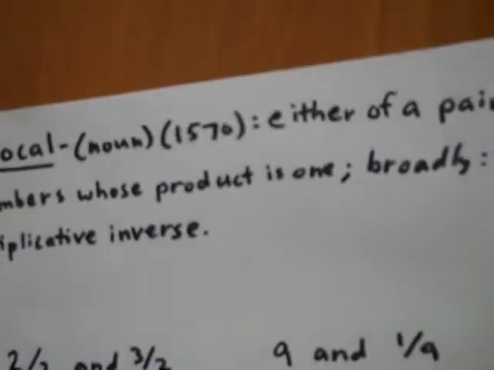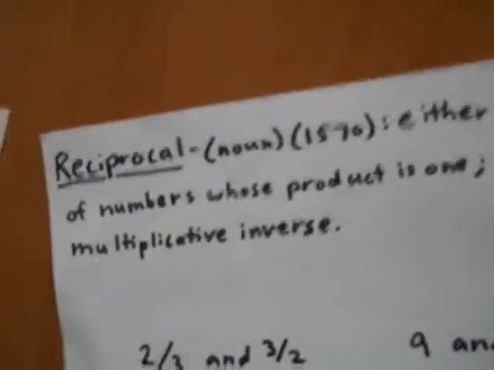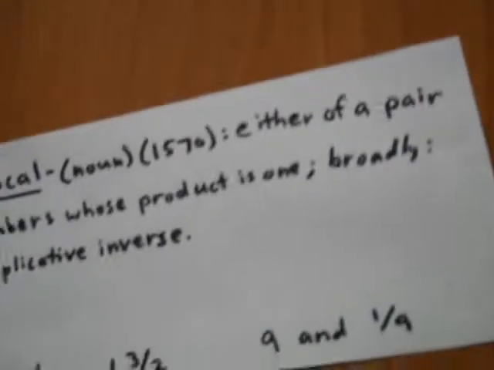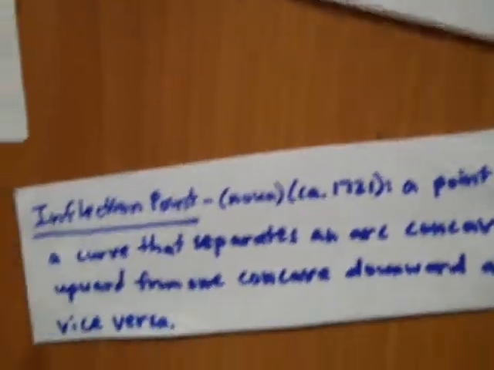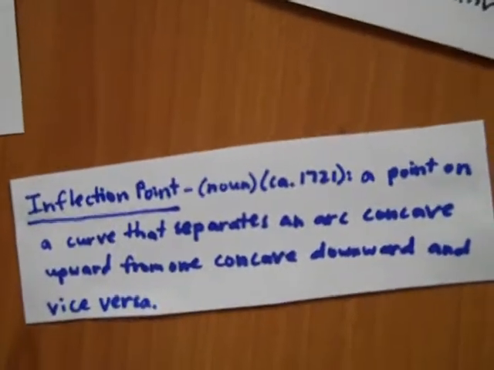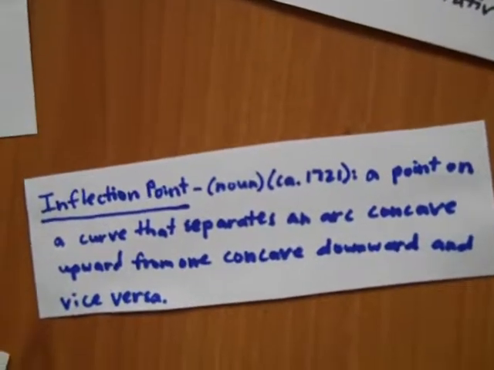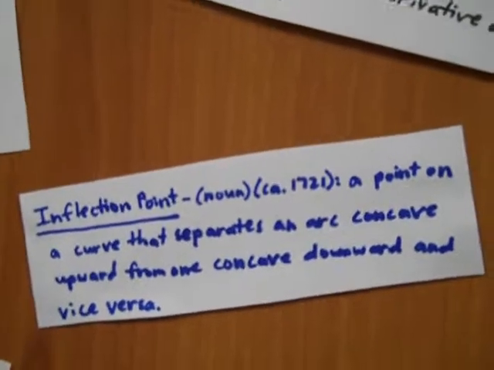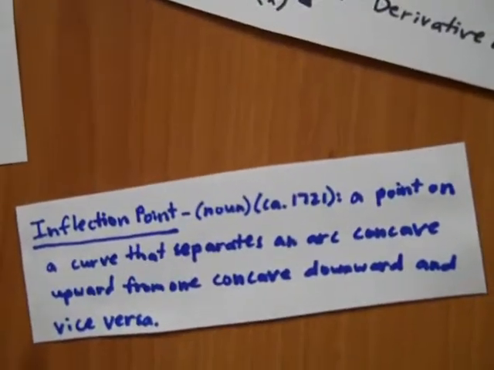It's a noun, and it was originated in 1870, and it's either of a pair of numbers whose product is 1, broadly multiplicative inverse. And then an example is 2/3 and 3/2, and 9 and 1/9. Okay, another one is inflection point. It's a noun, 1721. It's a point on a curve that separates an arc concave upward from one concave downward,